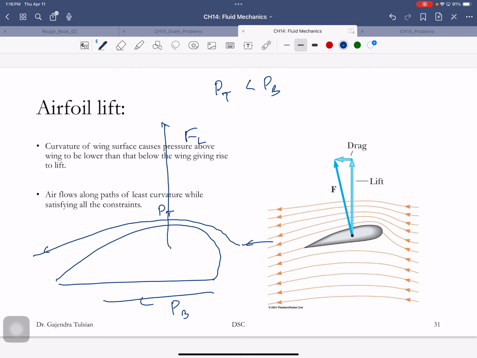The force of lift is pressure at the bottom minus pressure at the top times the area of the wing. So that's how you generate lift. That's how a plane stays up in the air. Did you guys understand that? All right, so